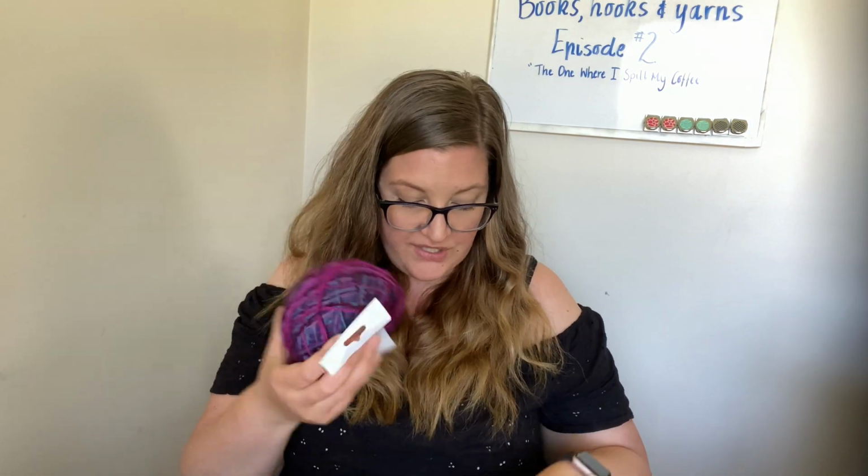sock needles I got from Lincraft, which is another chain craft store here in Australia. So they're 2.75s, which is what the label says you should use for the sock yarn. I was just going to do it on those, but I went to Spotlight this morning and I found